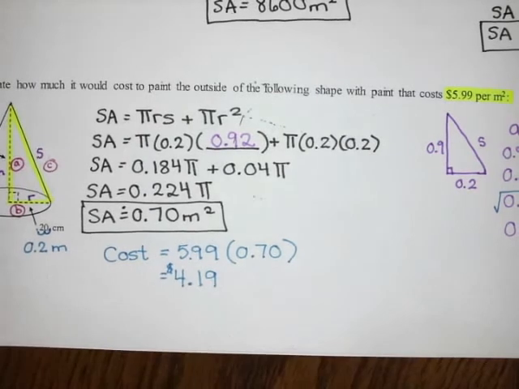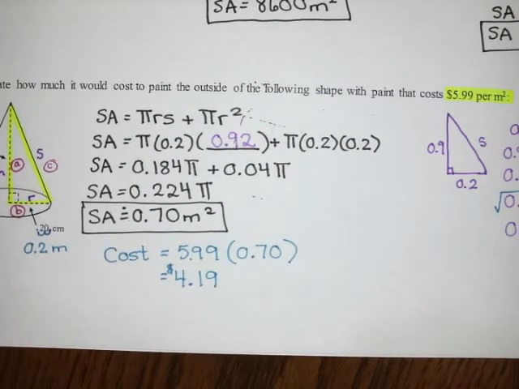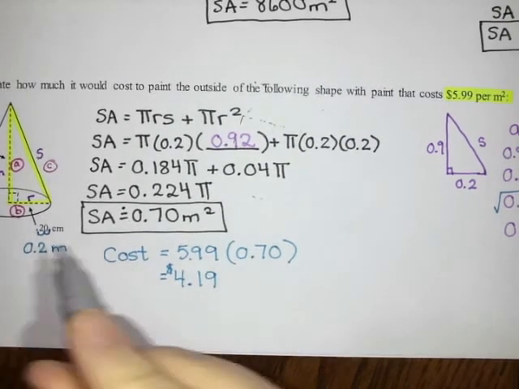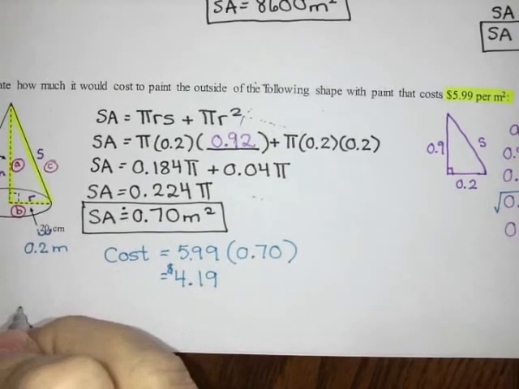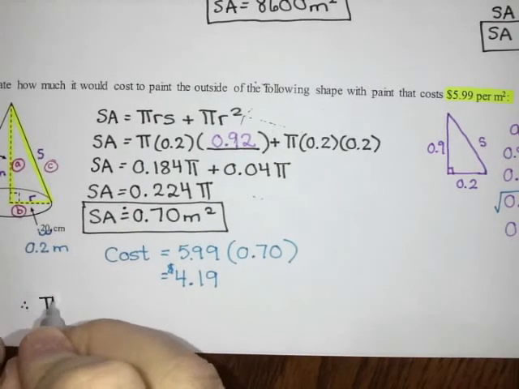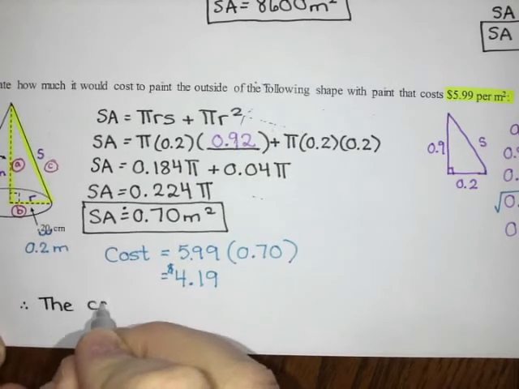So it should cost $4.19 to paint the outside of the shape. So I am going to write a little sentence. So I'm going to say, therefore, the cost will be